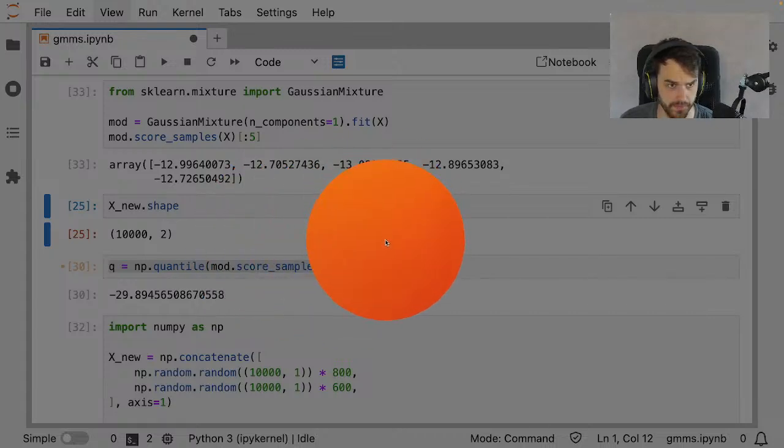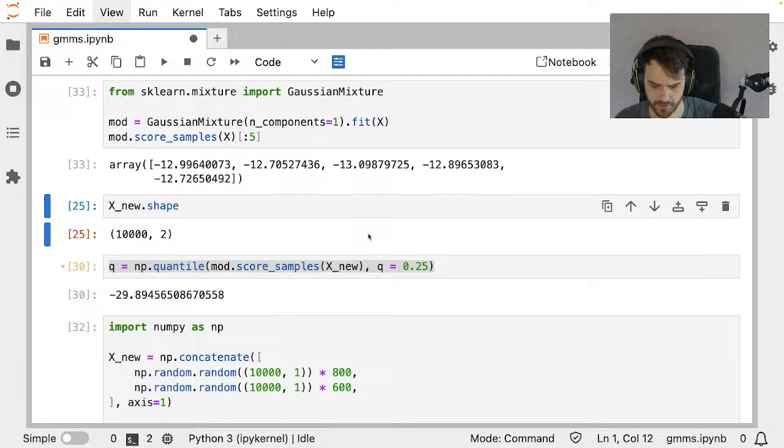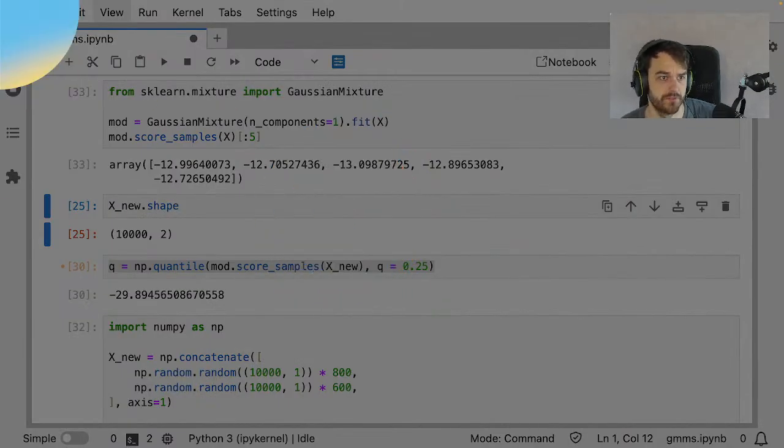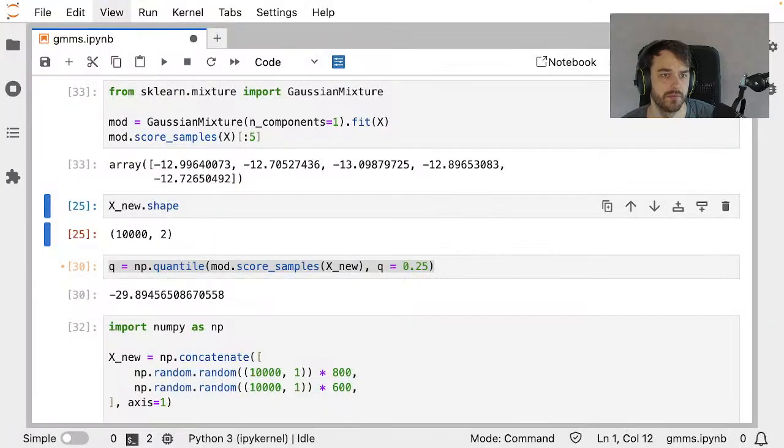Okay, the drawing app is broken. That's a bummer. We'll figure that out, but I'll just use the normal mouse then.